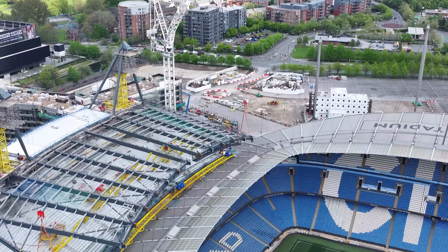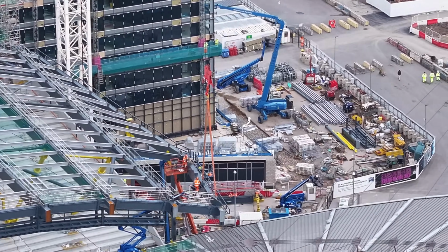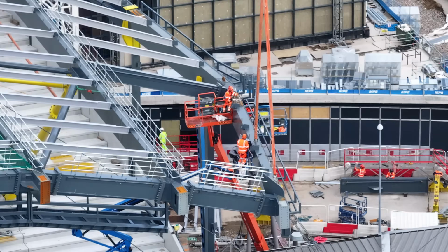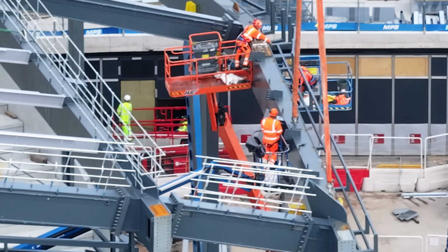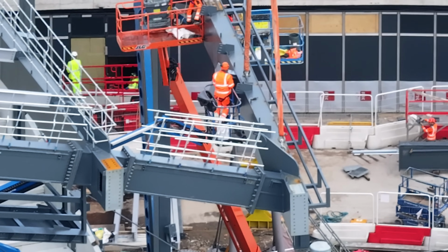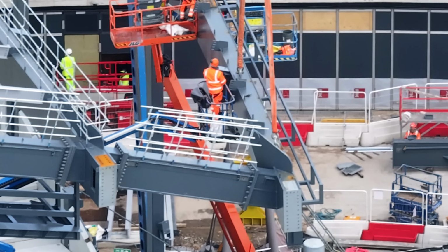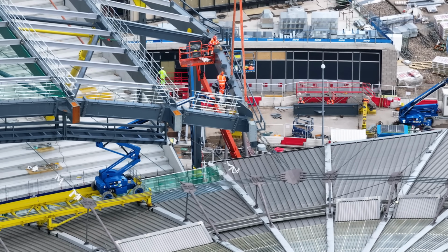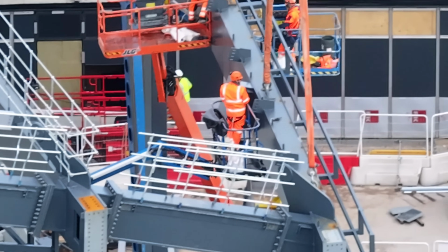Max altitude reached. Sorry, a bit wayward with the flying. It's a pity I've missed this one because it looks like it would have been quite a lift, whether they'd done this end piece before the other piece or they lifted it in sort of an L-shaped section. I doubt it because it would have been quite unbalanced. So I'm presuming this bit went on first, followed by that bit,